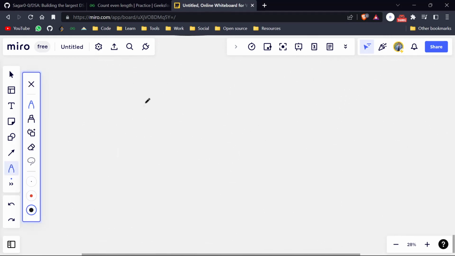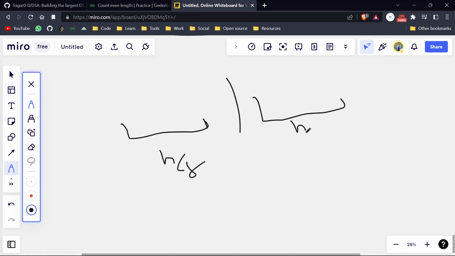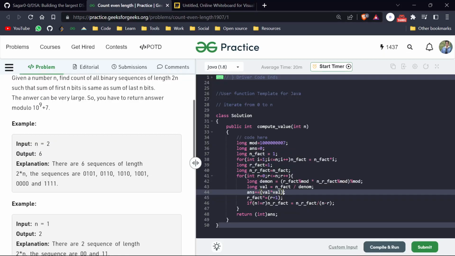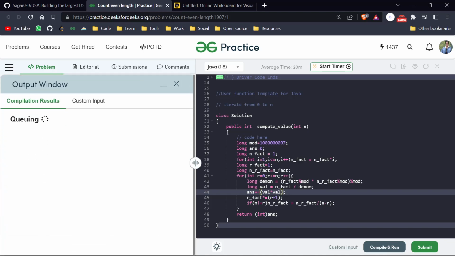So what do we have to add? First of all, you can see we are just finding the total combination of one side, and we also have to find the total combination of the second side. So this is NCR and this is NCR. We have to multiply them so that we can find the total combination possibility, right? That is the thing we were missing. So we have to multiply these values, and then we have to add. So I think we are going to get the right answer,